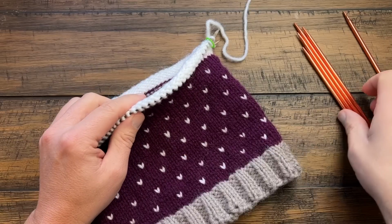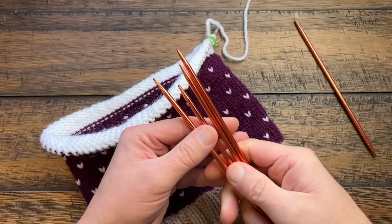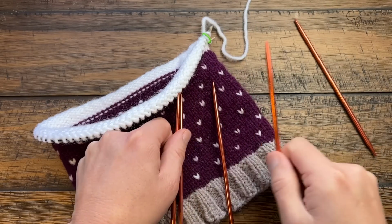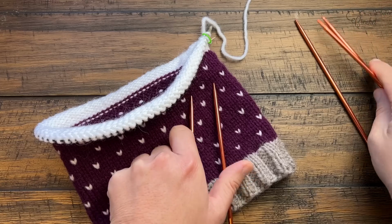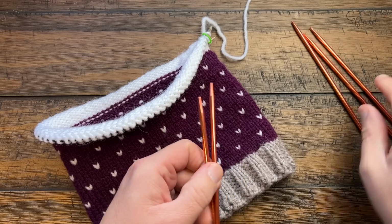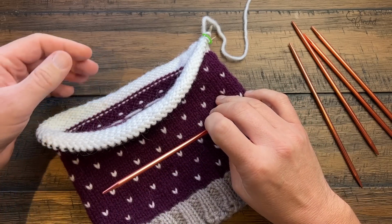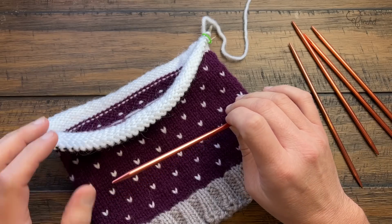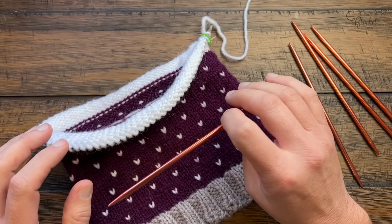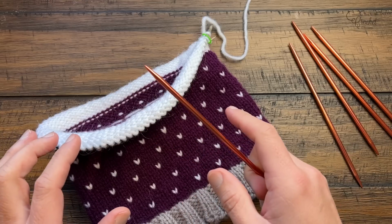So what we're going to do is introduce 4 of the needles. You need a total of 5, but you need 4, and we're going to create a square formation very much like this. So what I'm going to suggest is making the first one have 3 repeats, the second 2, the third one 3 repeats, and the last one 2, and that should give you the number of 10, which is what we're looking for. So we're looking for 10 repeats, because you're going to notice that we're going to be decreasing by 10 stitches